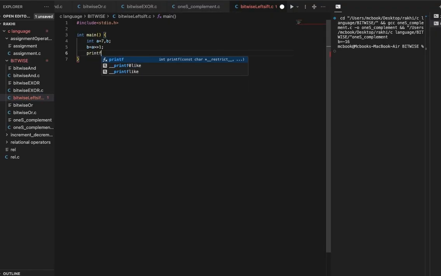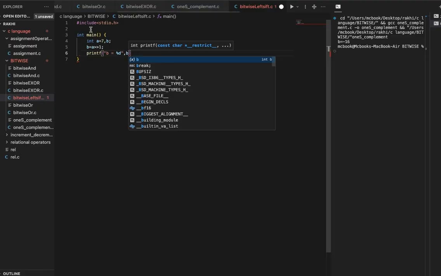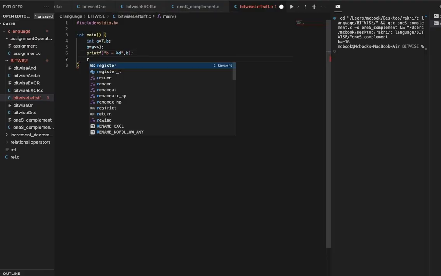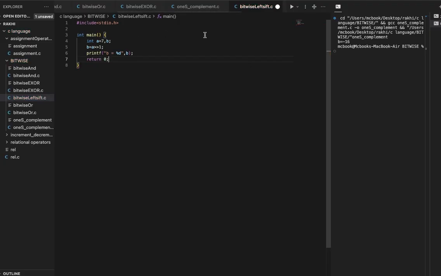Then printf is a predefined function. It belongs to stdio.h, and float %f, %d, %c also belong to the stdio.h library, and write as well.